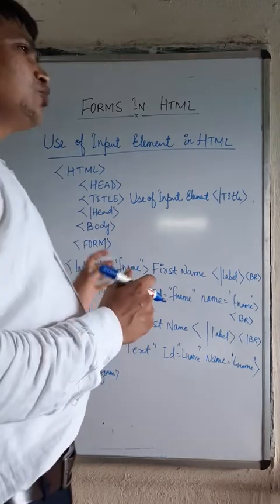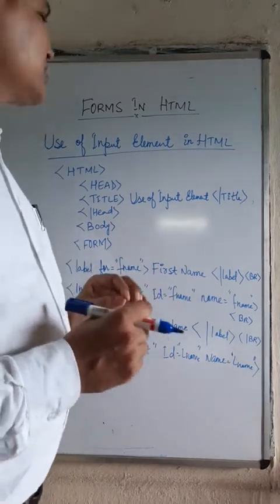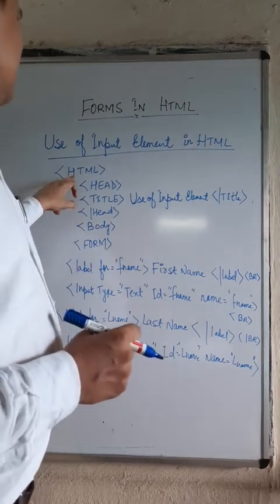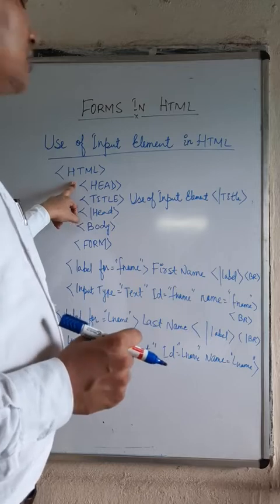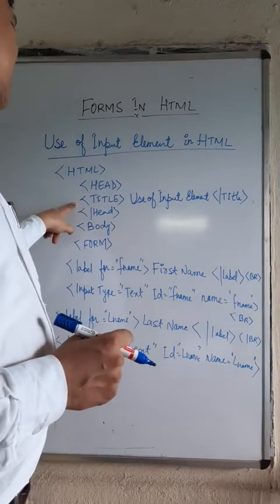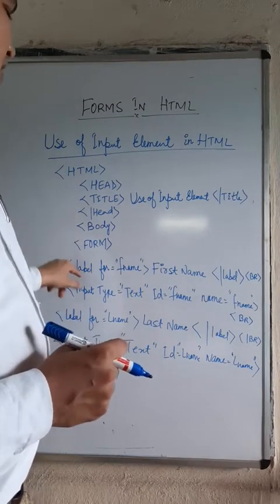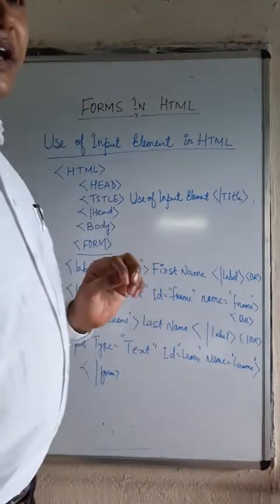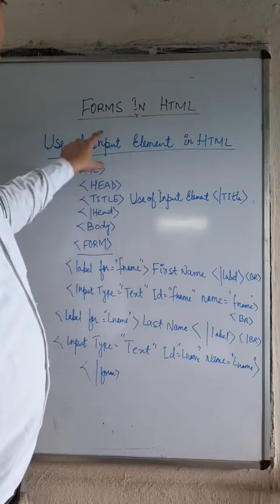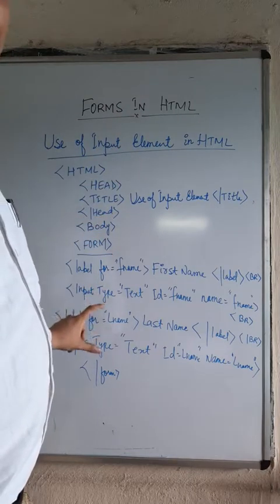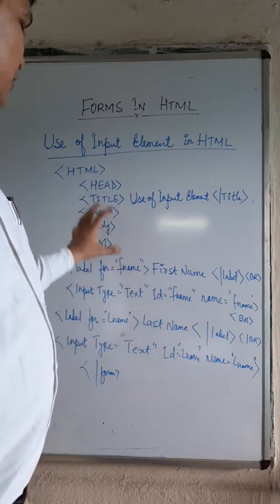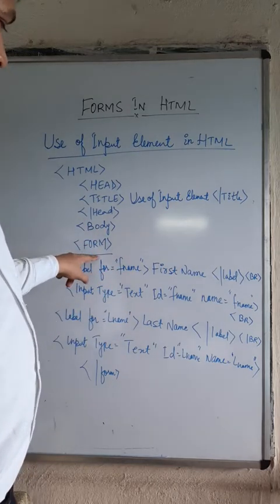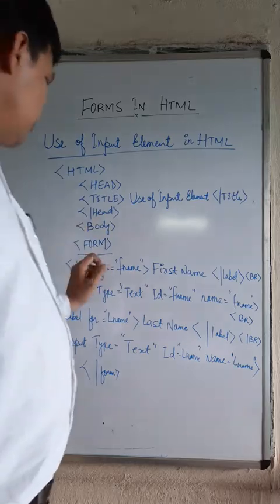Actually students, as you know very well, every HTML document is created with the help of the HTML tag. The first tag you have to use is html. Then after that the head, then the title, then the body. The body will start, and after the body you can open the form tag, because all the elements that we are going to use inside the form will display the structure of the form. The form tag helps you to define the structure of the form.